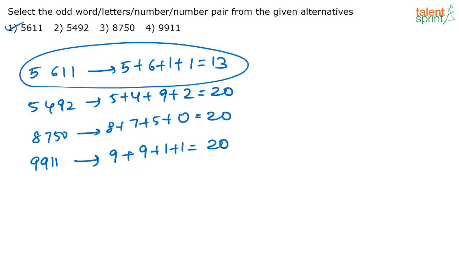Okay, a lot of you have given me the correct explanation. Good. Add all the numbers, it equals 20 except for the first option. So, the correct answer is option 1. Very good. A lot of you have got the correct answer. Excellent. So, let's move on to the next question.